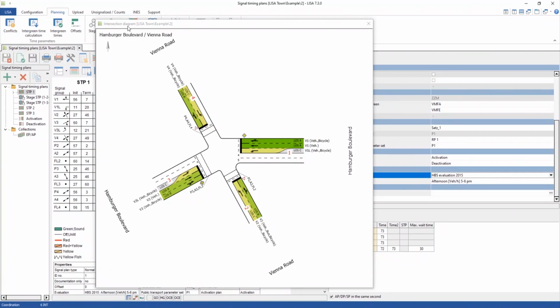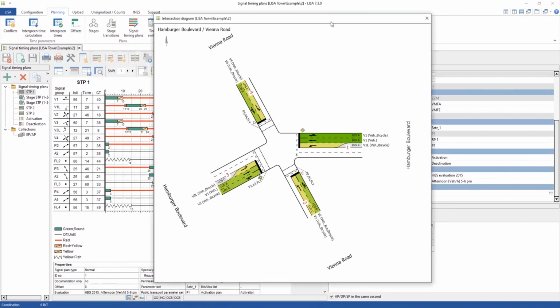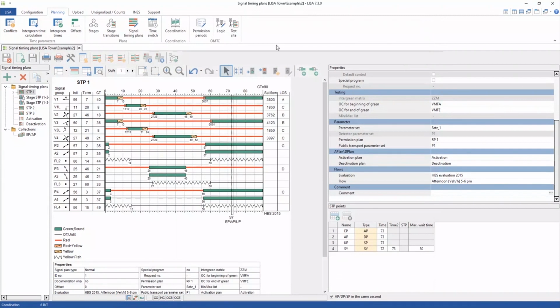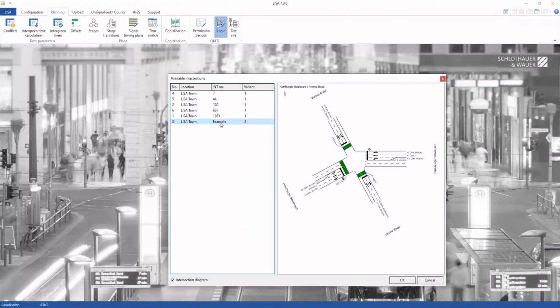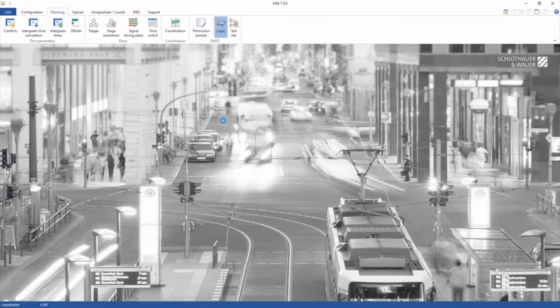Maybe one more thing of this. And then we come to the big thing, to the new feature that I think our development team can be really proud of, which is the new coordination evaluation. Before we come to that, just to tick all the boxes of all the other minor changes, when we go to the logic editor,